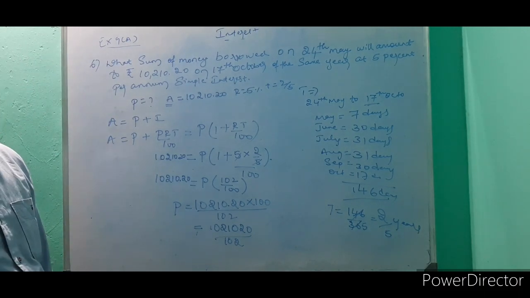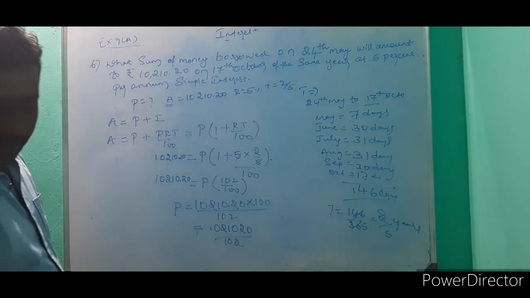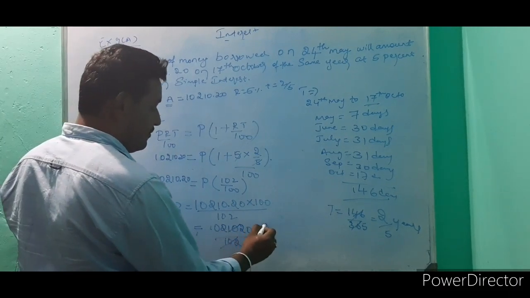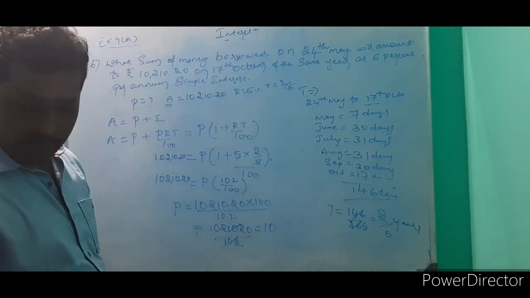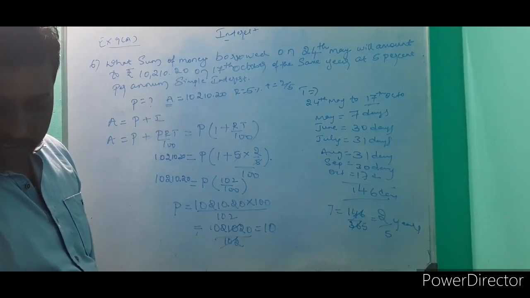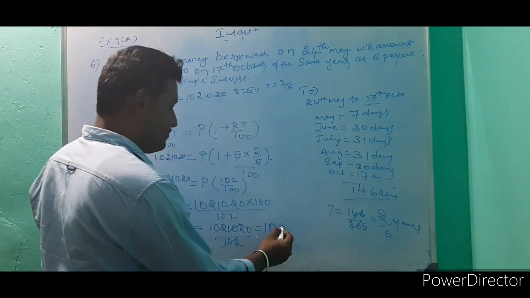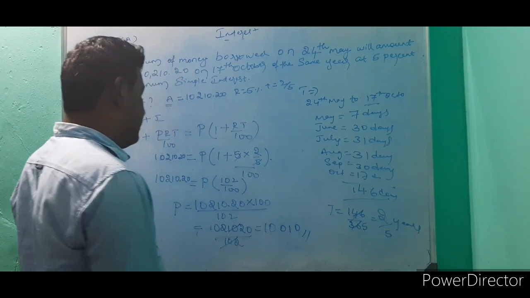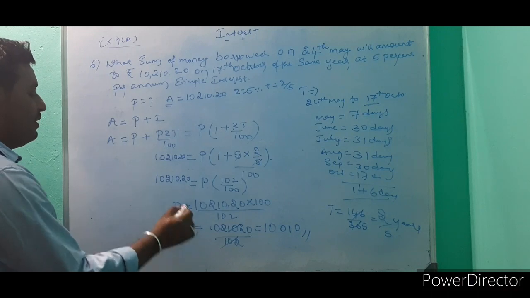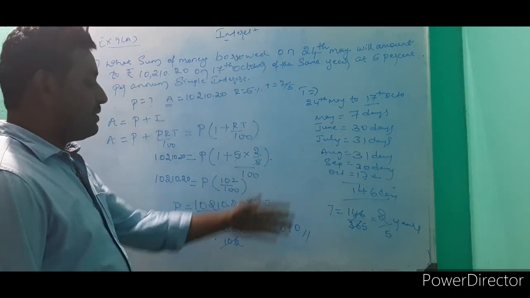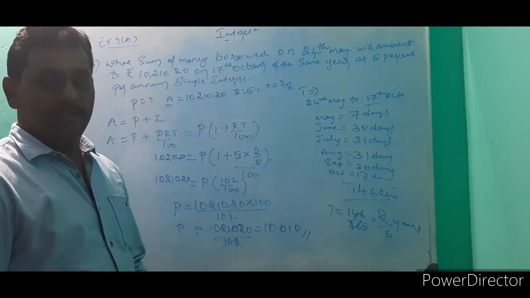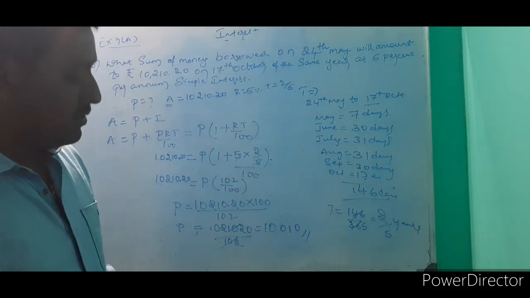Dividing by 102, you will get 10,010 as the principal amount. Principal amount for these 146 days. So like this, we are going to solve problems. So many problems are there in your